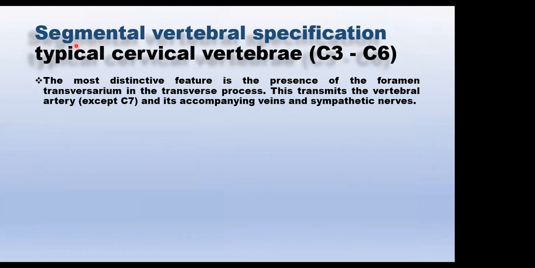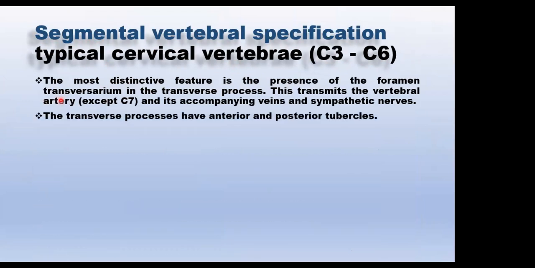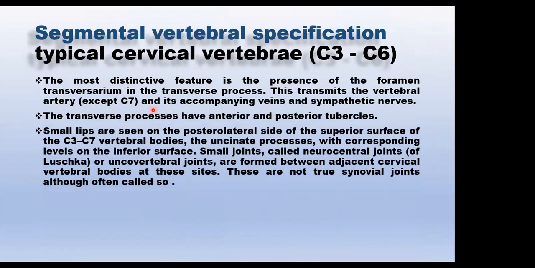Now we will talk about typical cervical vertebrae, which include the C3 to C6 vertebrae. The most distinctive feature is the presence of the foramen transversarium in the transverse process. This transmits the vertebral artery, except at C7, and its accompanying veins and sympathetic nerve. Transverse processes have anterior and posterior tubercles, and small lips are seen on the posterolateral side of